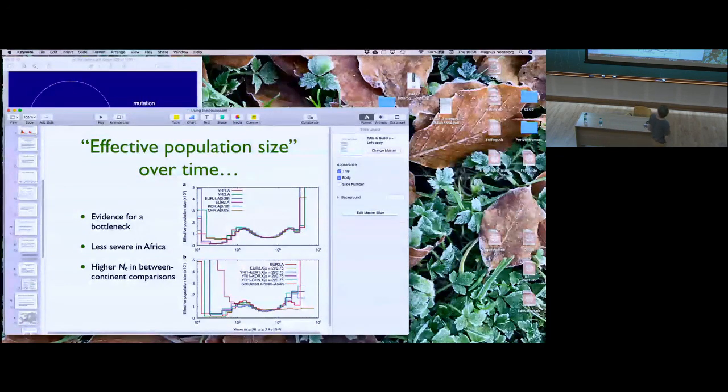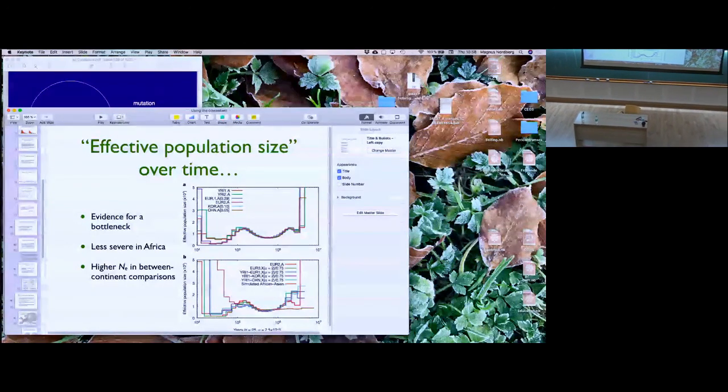So this is just looking at the rate at which coalescences occur, which you infer from basically a distribution of coalescent events, right? Time to most recent common ancestor, right? So if you estimate, as you go along the genome,